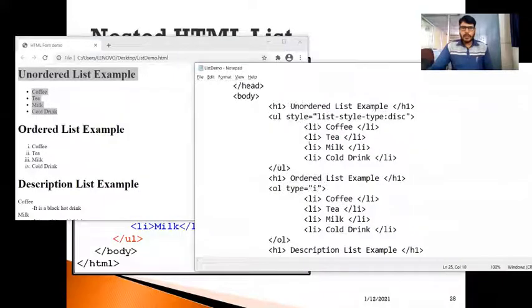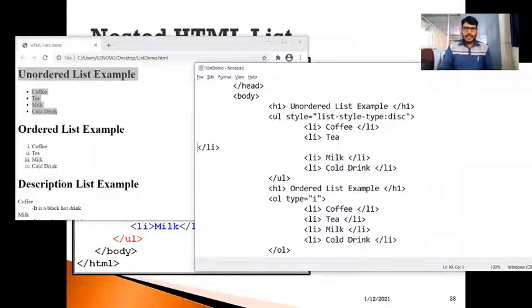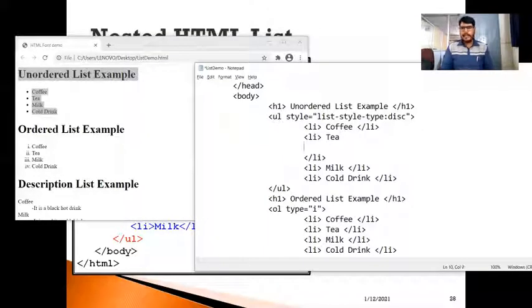For that, what I need to do is go to the unordered list here, and within tea, now you can see here, this is the tea where we have created the unordered list. And within this tea, I want to generate a sublist again. For that, I need to press enter here, and I need to generate an unordered list within this li tag.